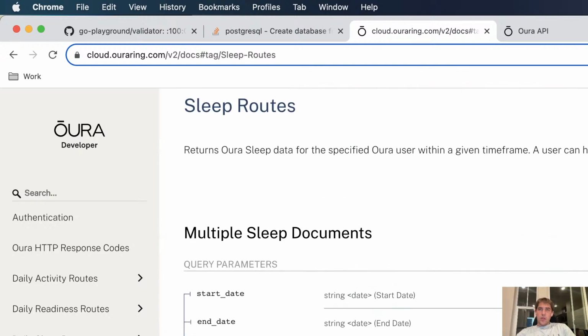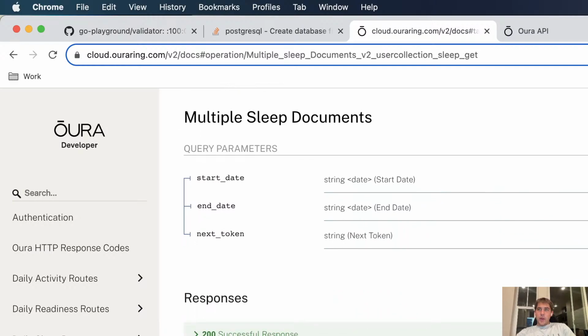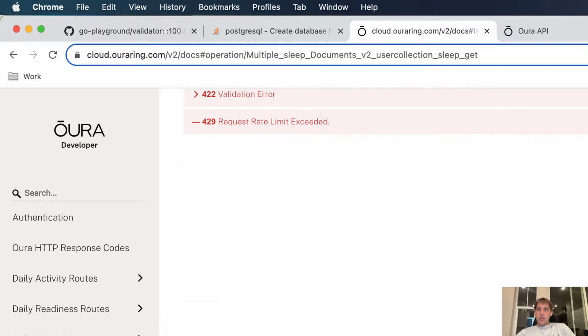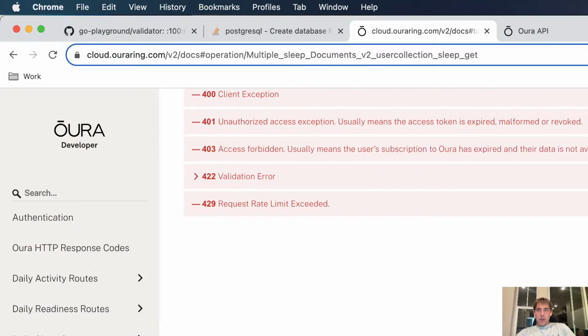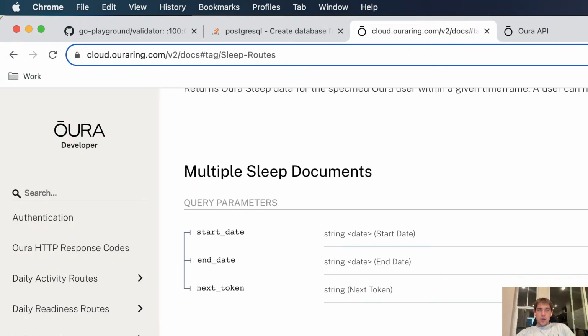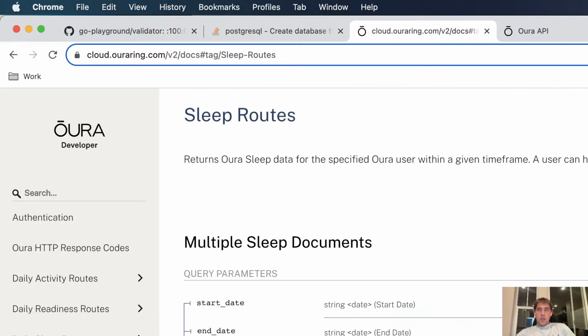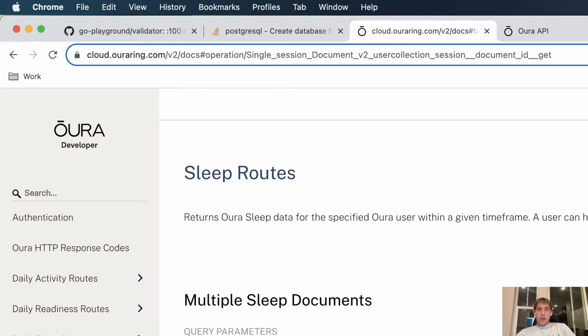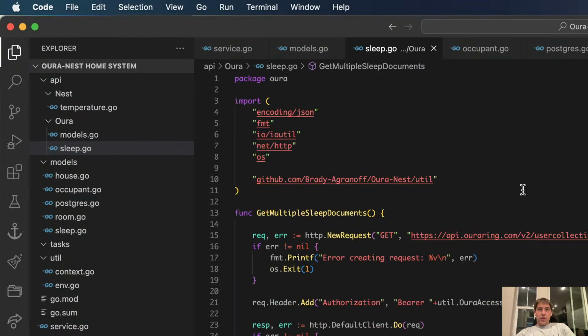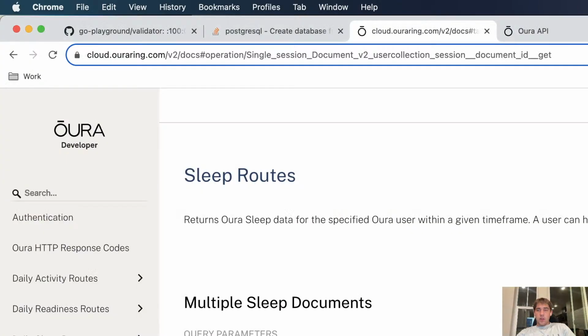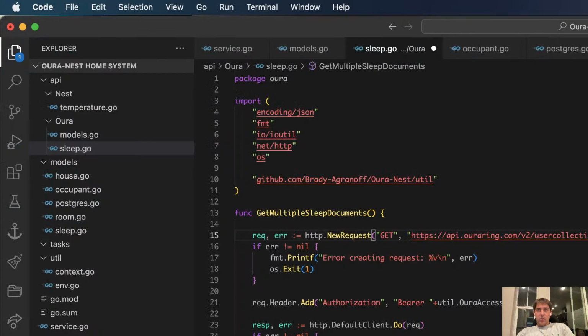So this is a single. You know what's funny is the multiple actually is a single, which isn't very helpful. I guess I do need to add the start date.